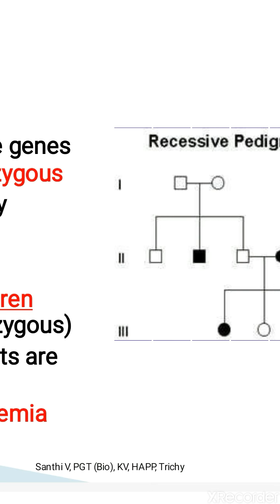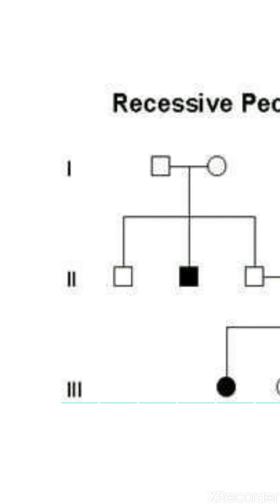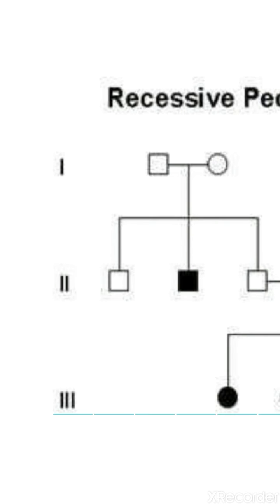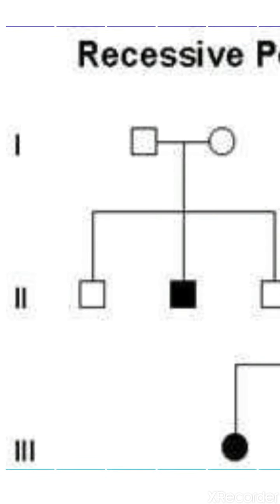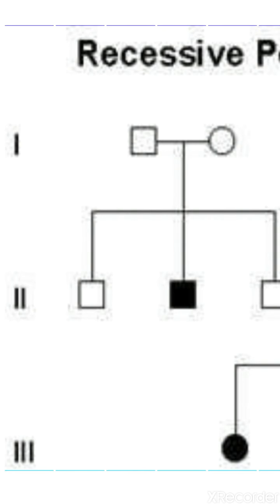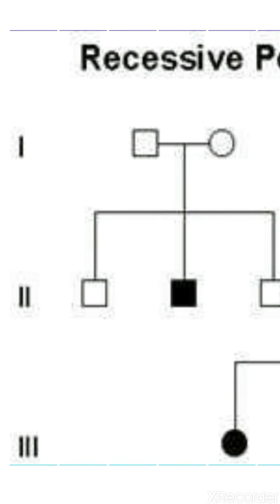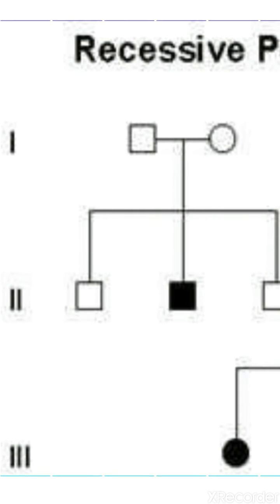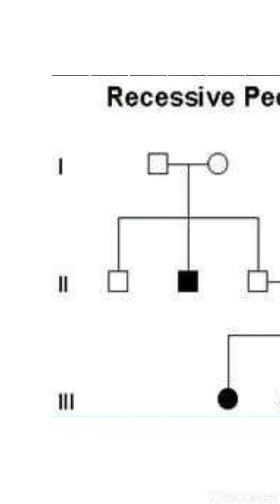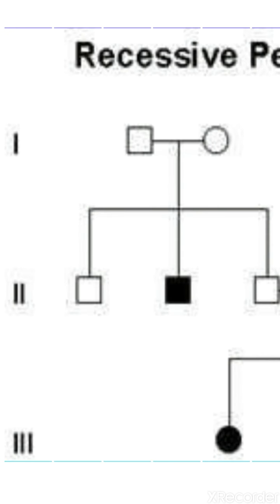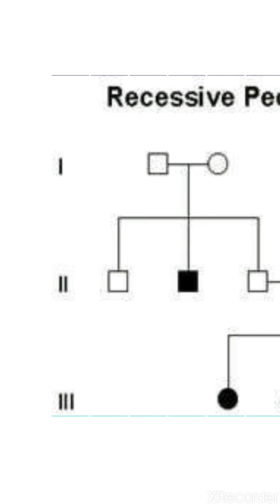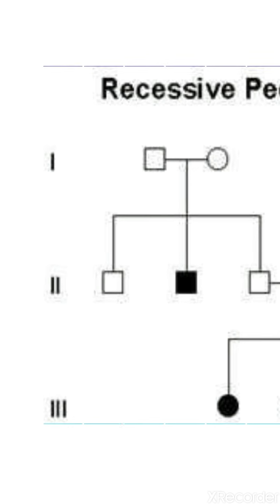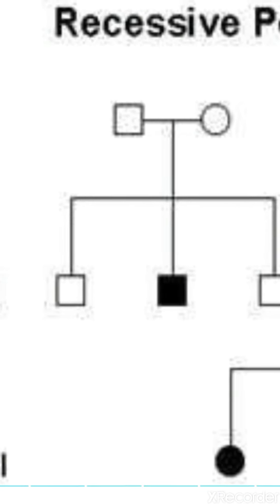As it is a recessive gene, when both the parents are in the heterozygous condition, they may not be exhibiting the particular character. So these two parents may be heterozygous. That's why they are not exhibiting the feature. When you see them outside, phenotypically they will be normal. When they marry, any of the children may have the trait, the particular disease or problem they can suffer from. So why? Because this child, the male child, carries both the recessive genes from both the parents. That's why he is showing the problem.